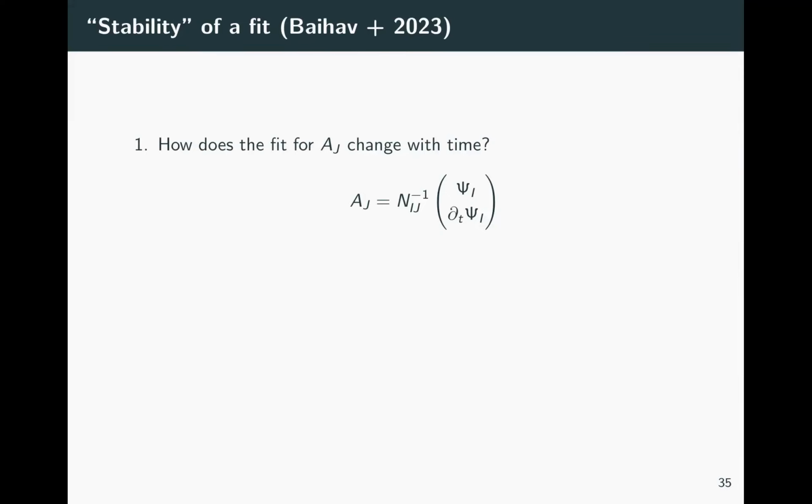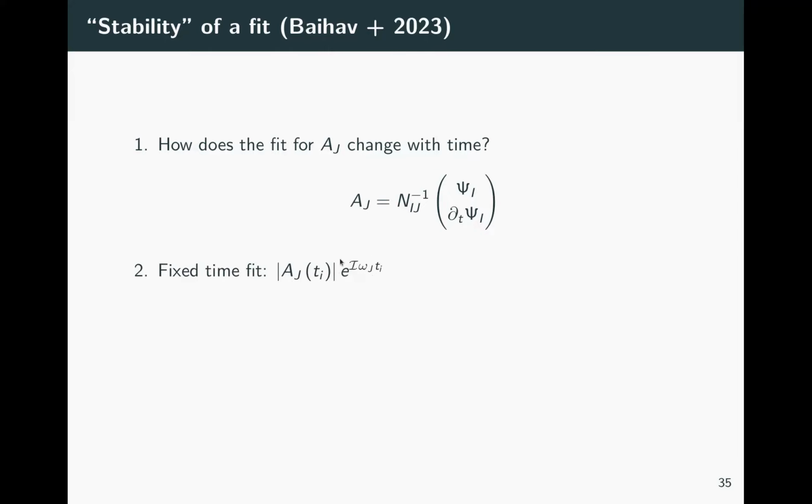So now that we have our fitting procedure, we can ask, what does it mean to fit a QNM? When have we actually found a QNM? I'm going to use a notion of stability that I think was introduced in this first paper here. If it was introduced earlier, someone should tell me, but this is where I first learned of how to do this. So you take your fit for a mode A_J,